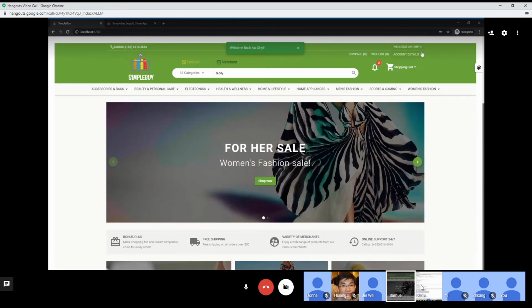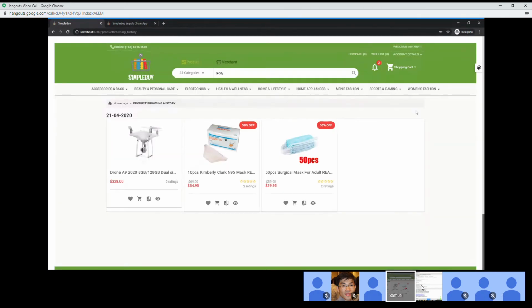Okay, then if I were to view my browsing history, I can see that the product that I viewed just now actually transferred over from when I'm not logged in to me becoming logged in. And also when you go to the home page,